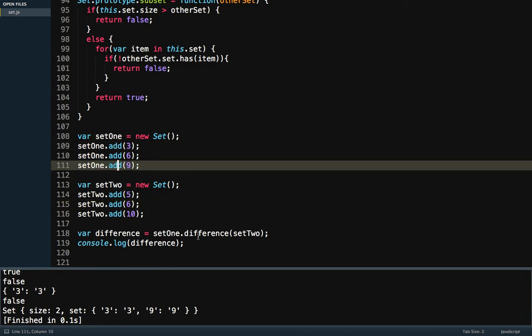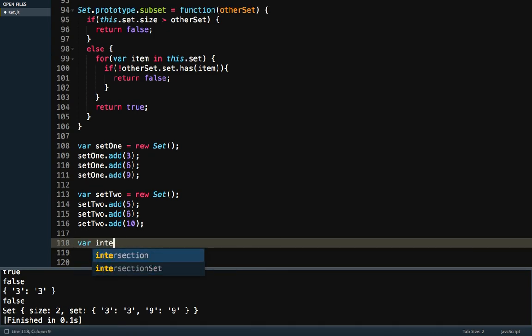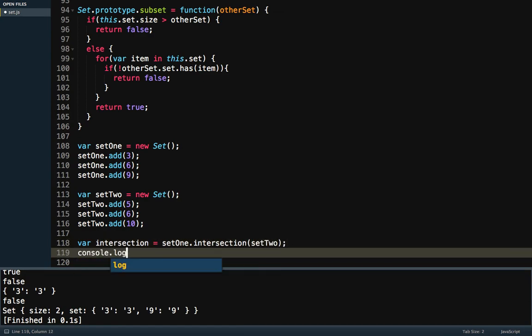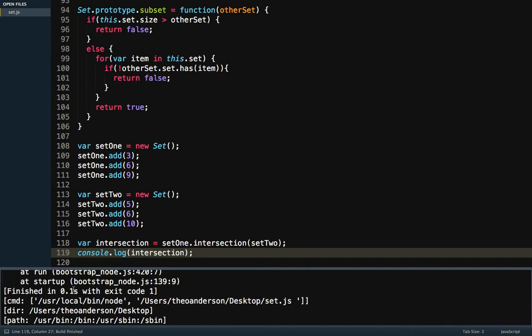Alright, next up we want to try out the intersection. So we're going to say set1.intersection(set2), and now let's log out intersection here, and of course